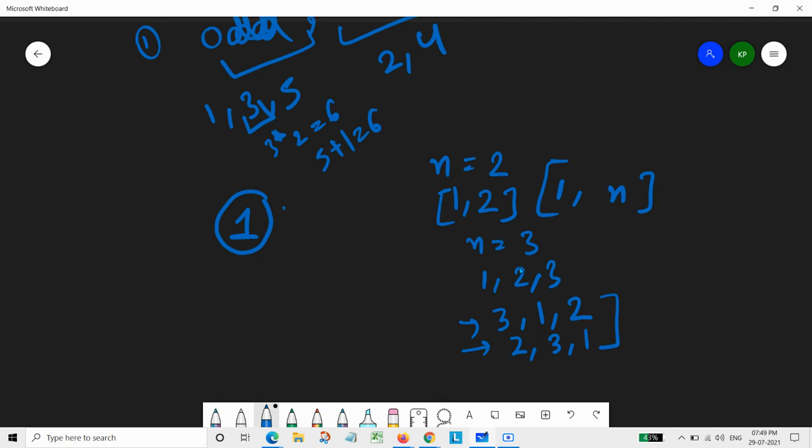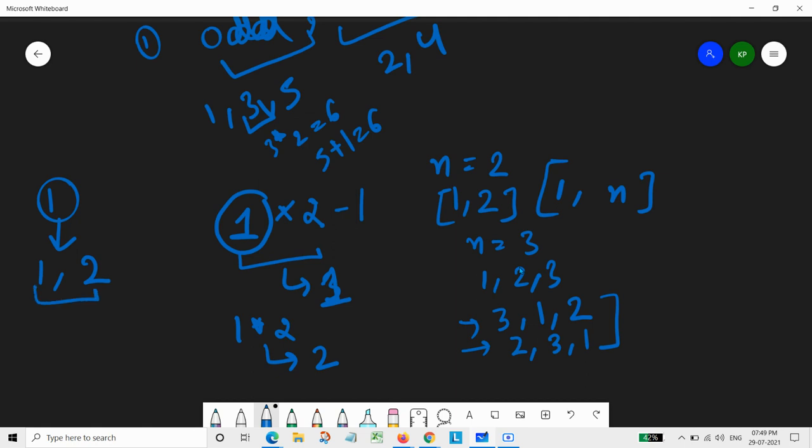So for that, if we want to create an odd element, what we will do is simply multiply by 2 and subtract 1, because if we multiply it by 2, then it becomes an even element, and if we add or subtract anything from it, then it will again become an odd element only. So now the answer will be simply 1 to 2, and then basically it will be 1 again. And if we simply multiply by 2, then it will be 2. So now from 1, which was a beautiful array, we have created two more elements and they are again a beautiful array only.